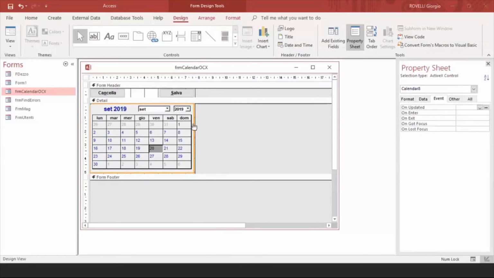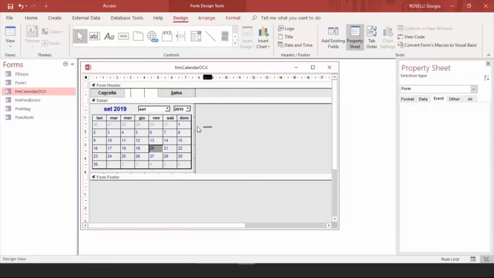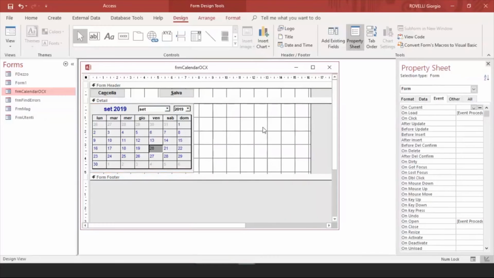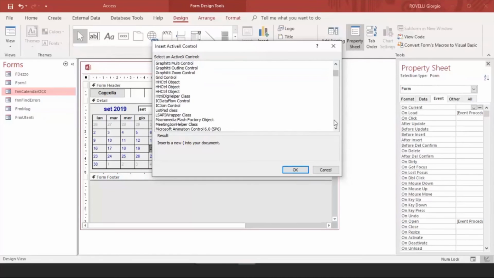Okay, so what I was going to say is what I found was that when I right-clicked on the ActiveX control, I did not have the object properties available to me. What I had to do was basically what you were talking about, which is come up here, select ActiveX control again, and pick it. And in this case, the one you're talking about, Giorgio, is what, the Microsoft Calendar? Which ActiveX control is it that you're looking for, Giorgio?